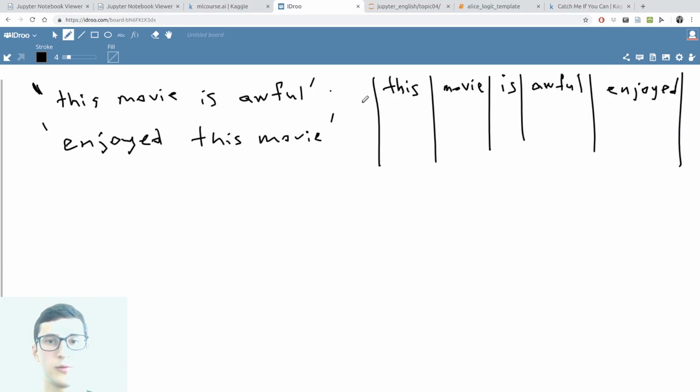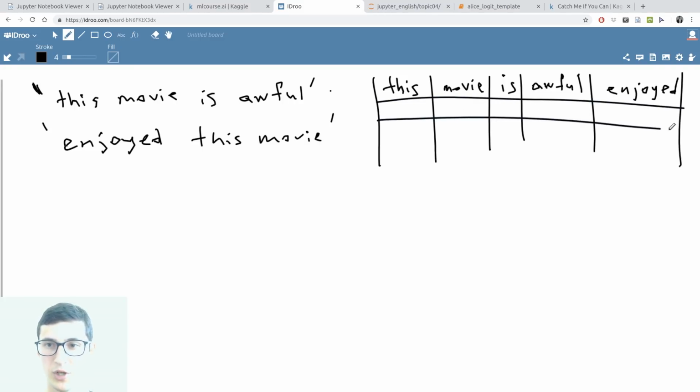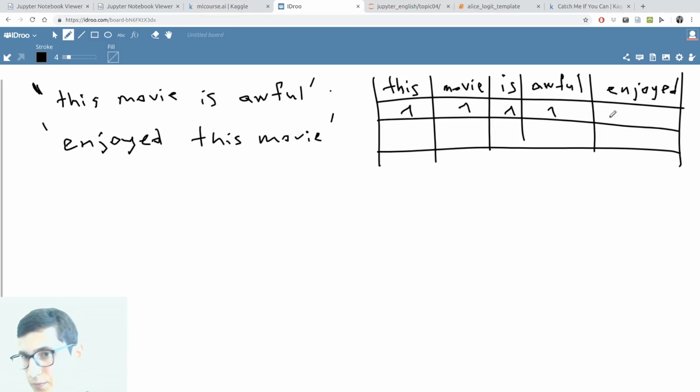And so a vector describing the first sentence will be just zeros and ones, indicating the words present in this sentence. So for the first string, this will be "this movie is awful", four times just 1. With 1 we specify the word encountered in this string, and "enjoyed" wasn't there. So the vector 1, 1, 1, 1, 0 for the first sentence, and for the second,